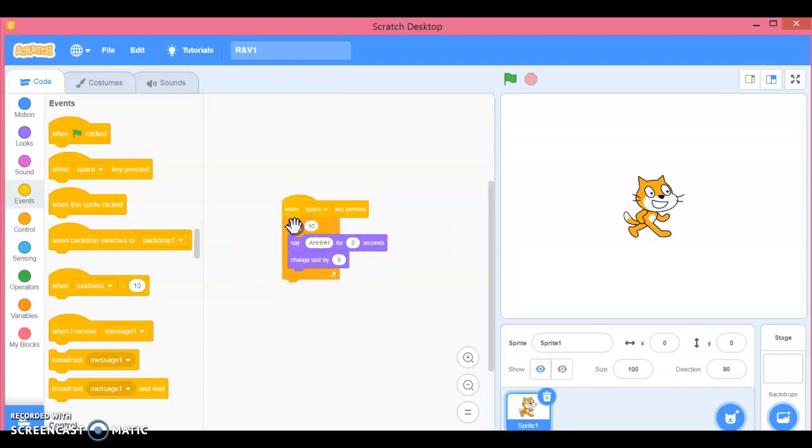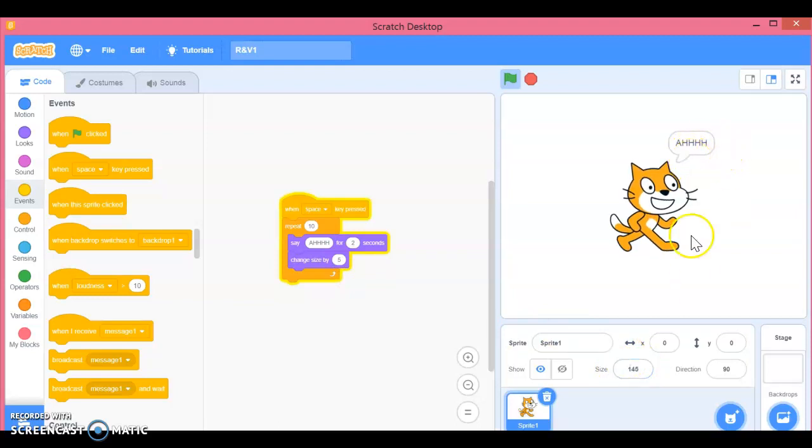See here, my cat is saying something and its size is increasing every time. I'm changing the size by 5 each time, and it says it every time. This will repeat about 10 times. Fine, this is how it will work.